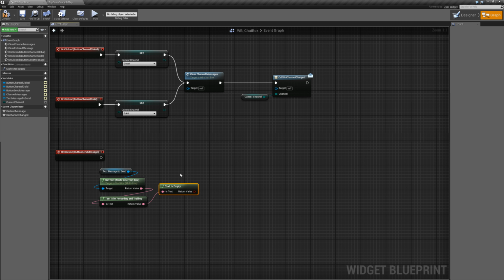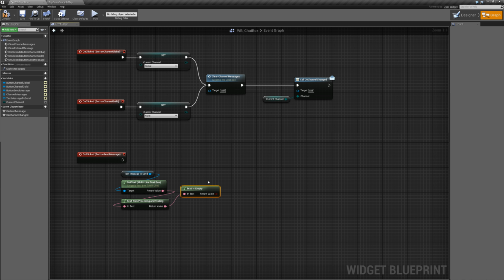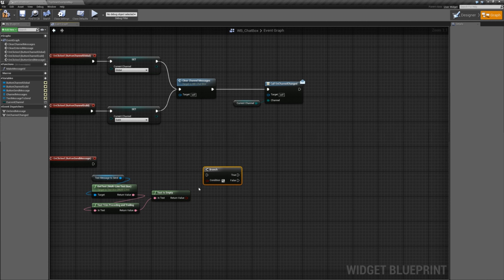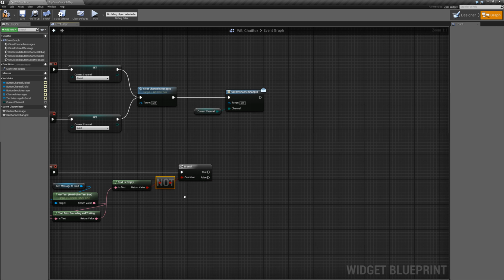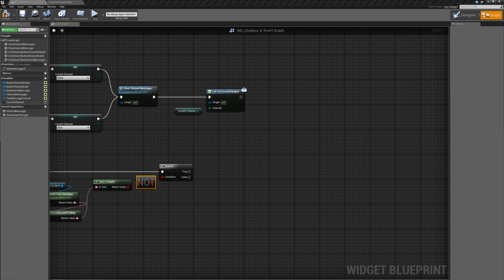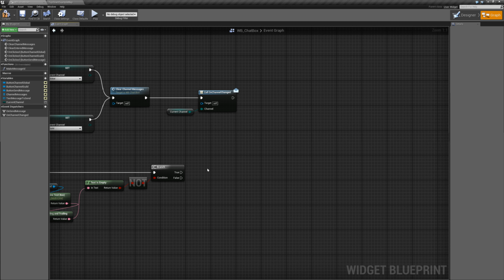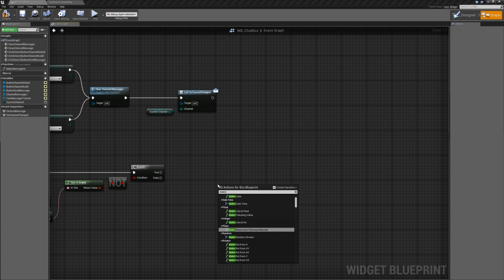We don't want to send text messages or messages to the server if the text was empty. We need to make sure that they have something in it, even if it's only a comma or whatever. But no white space only characters. So if it is, and I need to do a not, so if it's not empty, so make sure you negate that. If it is not empty, then what we need to do is create the message structure. So make message